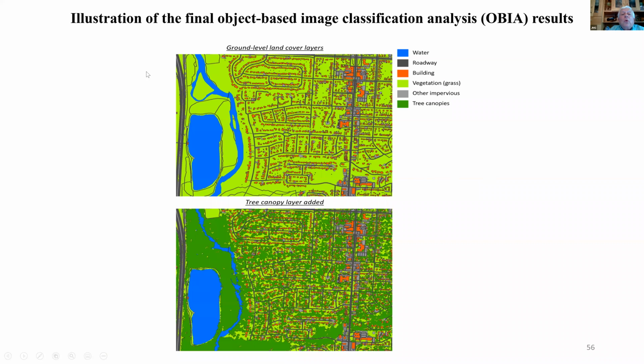Then we had to analyze the ground level land use in details. Here are the basic categories: water, roadway, building, vegetation, other impervious, and tree canopies. Here are two satellite pictures, one without trees, it's off leaf, and here the same area on leaves. As you can see, this is Antrim, so here it's a part of Worthington. And so it was necessary to analyze this